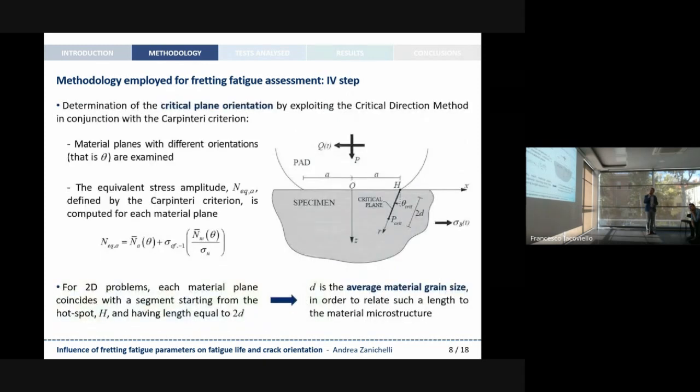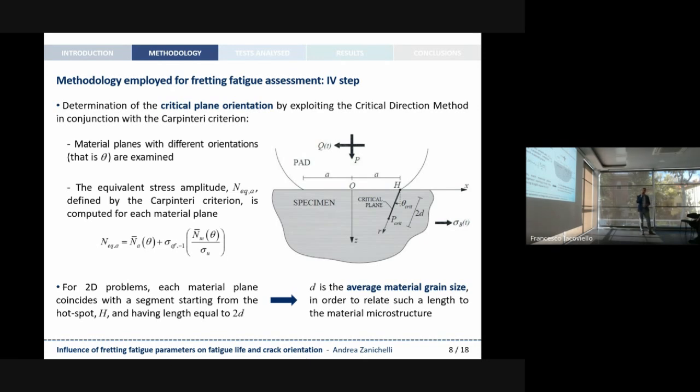So then the critical plane orientation is determined by exploiting the critical direction method in conjunction with the Carpinteri criterion. Very briefly, different material planes characterized by different orientation, that is the angle theta represented here, are examined. It is the angle with respect to a vertical line, that is to say a line perpendicular to the contact surface. And for each of those material planes, we compute a fretting fatigue parameter, and according to